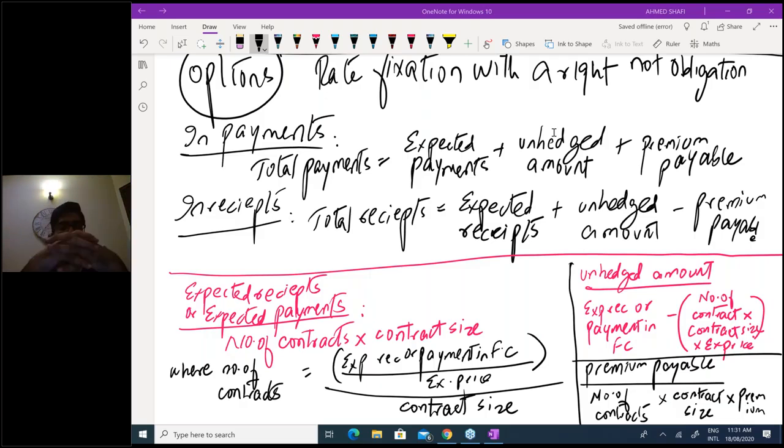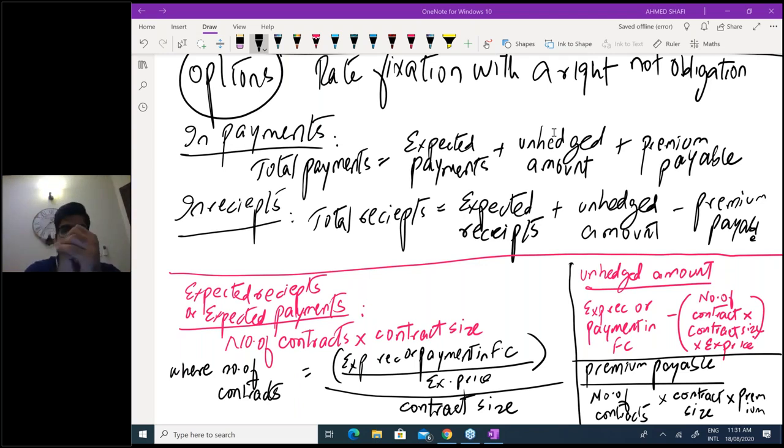So the forward exchange contract was rate fixation, and the approach was you just need to divide or multiply by the relevant fixed rate. In futures, the contract was also rate fixation, but with standardized amounts. And there is a three-step approach: lock-in rate, the expected receipts or payments using the lock-in rate, and the number of contracts. I've explained it in detail.